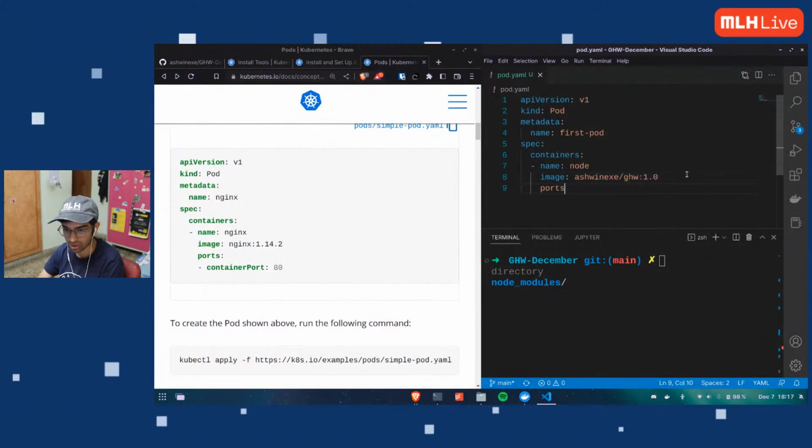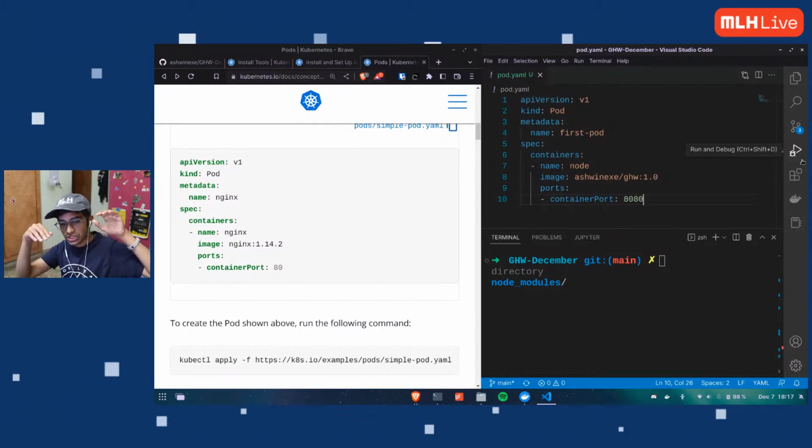Next up, we have ports. Okay. Then there is a list. It says container port 80. No, I want 8080. What is container port here? The container port is the port which is inside the container. So remember, Kubernetes has nodes. Inside of that, there's a pod.